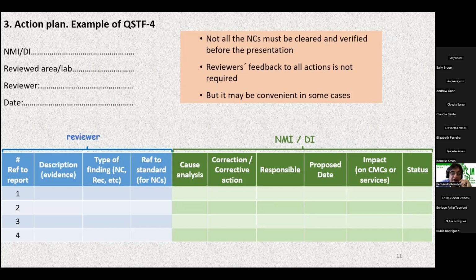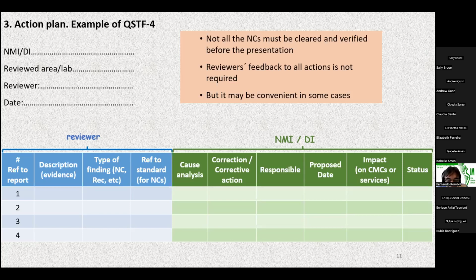So why do you think that the QSTF doesn't include solving nonconformities or providing feedback from the evaluator, unlike the accreditation bodies? Why is it not necessary for us? Do you have an answer as to why, or do you think of a reason why? What is the difference between a metrology institute and an accredited laboratory, for example? Well, basically,